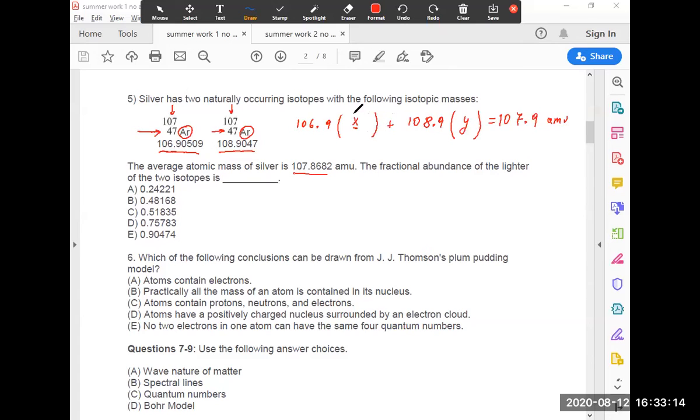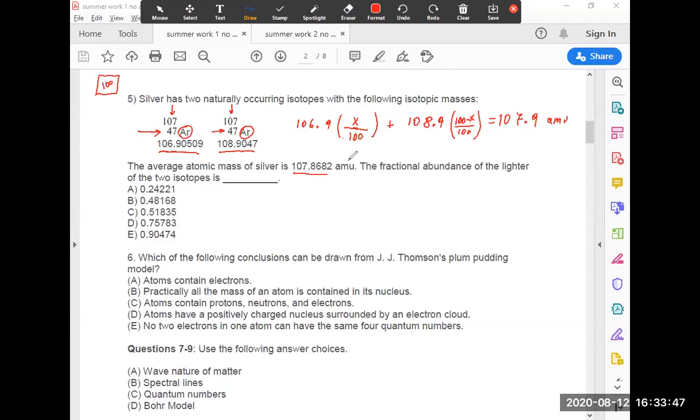Because I don't know how many are in total. So basically, if I consider an average of 100 as an average number, I have x out of 100 present with this mass. And for the y, instead of writing y, I know that if this is 5, this one has to be 95 because the sum of those has to be 100. So if this is x, this one is going to be 100 minus x over 100. At this point I will just solve.